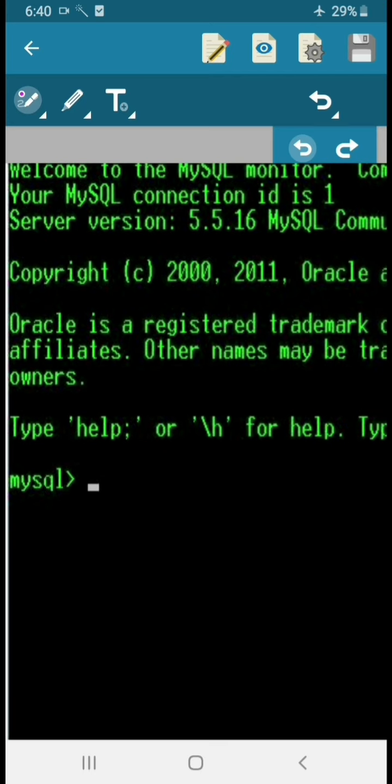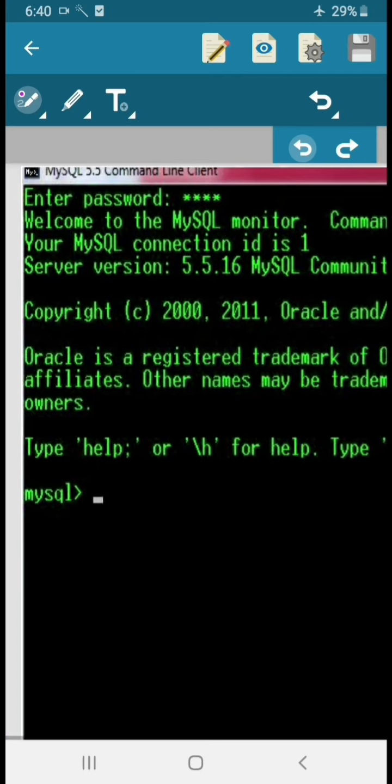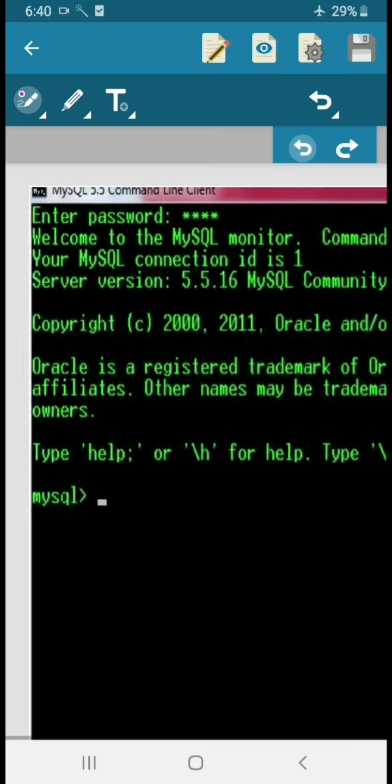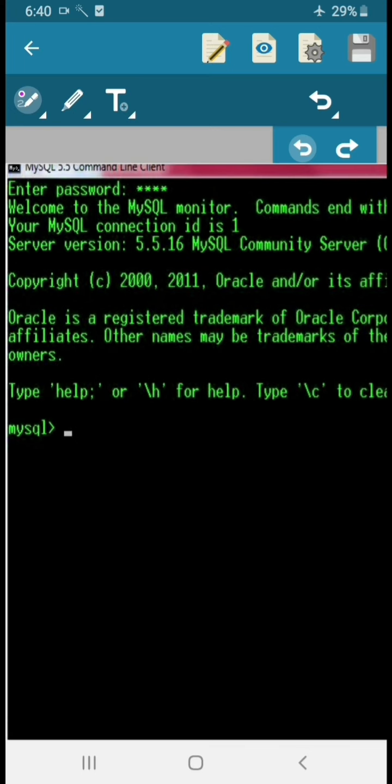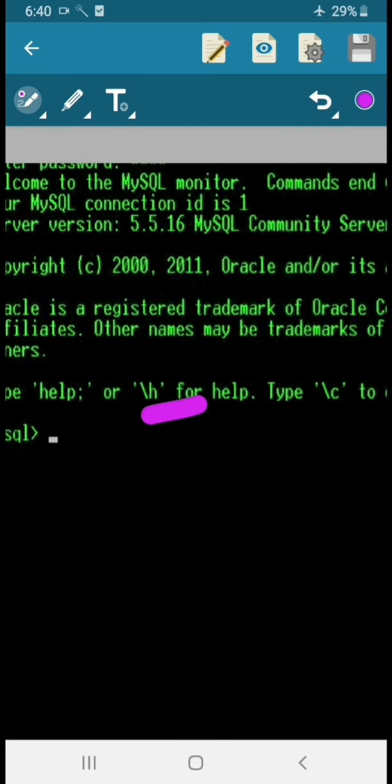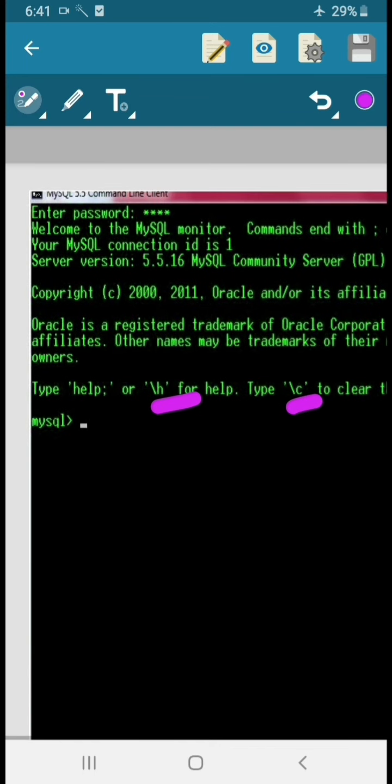You can observe the prompt here, and it is giving the command prompt messages like the server version and copyrights, and it is a product of Oracle. It is also telling about \h, that is help. \h is meant for help. \c is meant for clear screen, and this is what is called the prompt. The MySQL greater than symbol tells about the MySQL prompt.